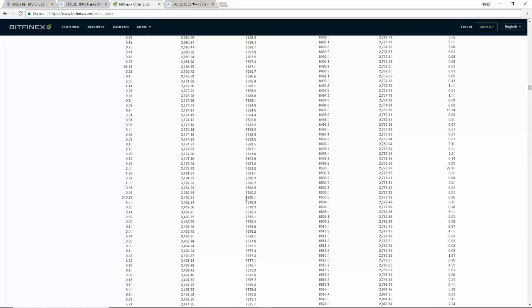When we get down to the $7,580 price, 219 Bitcoin, and a total accumulation of 3,402 Bitcoin at this point in time, between current price at 8,010 and